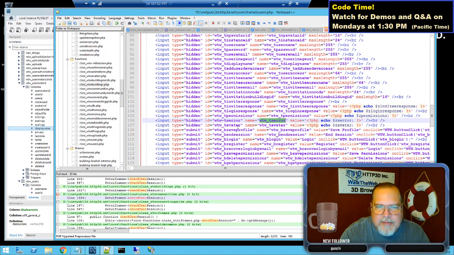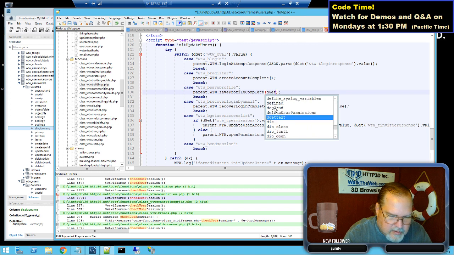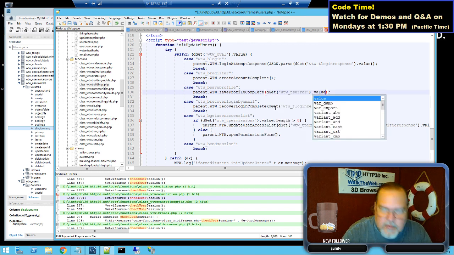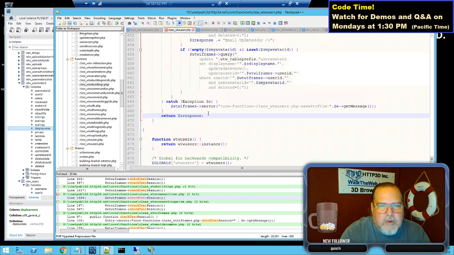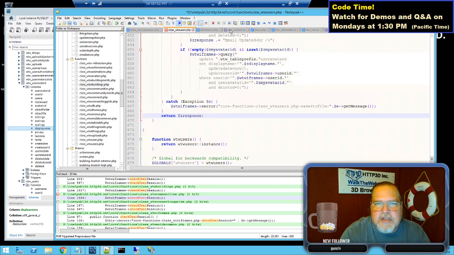Then I can copy by that ID to come back to save profile complete. And that's dot value. Okay, so now that's going to give me that error message or respond good, and it's going to pass it back to the user base, which then we are going to here. And now we want to show it on the screen, which is